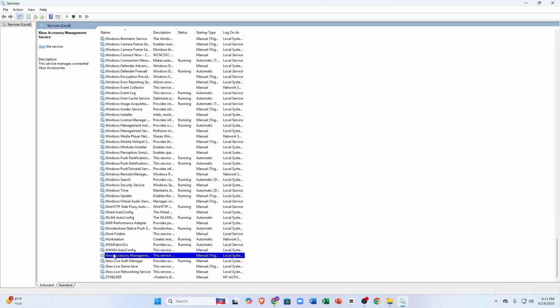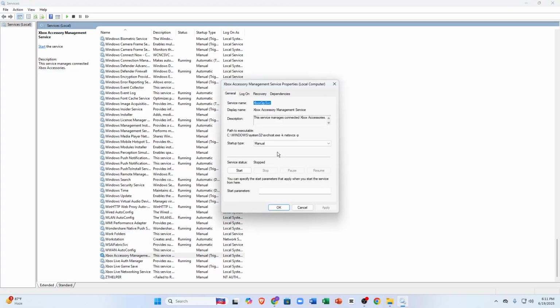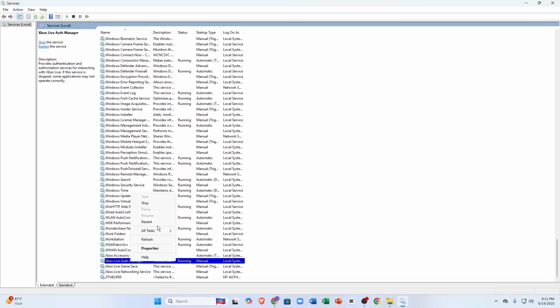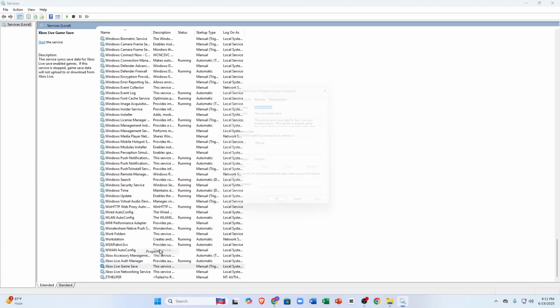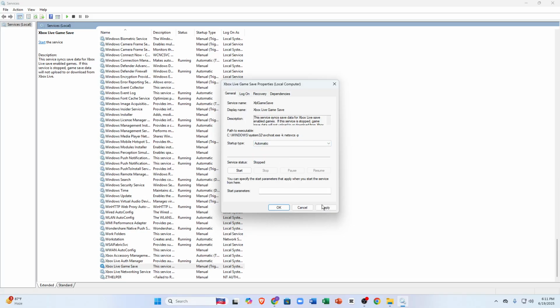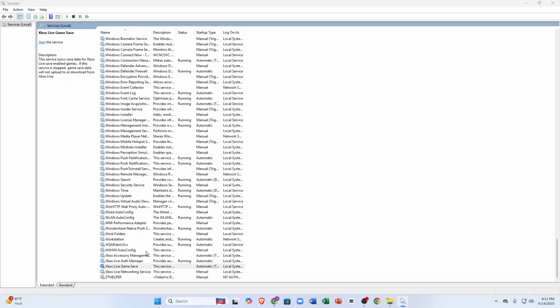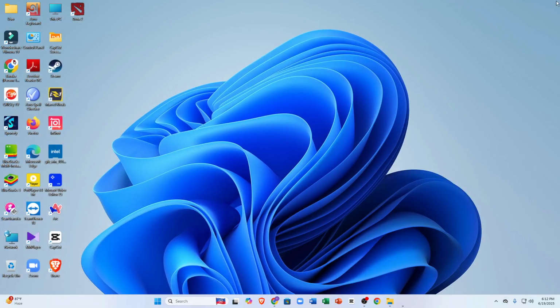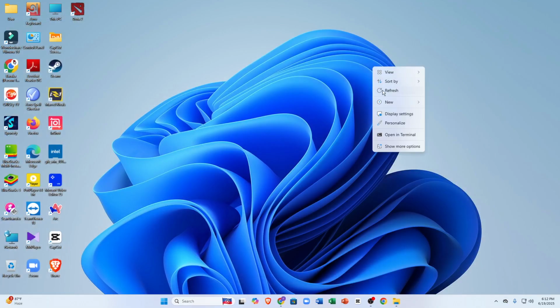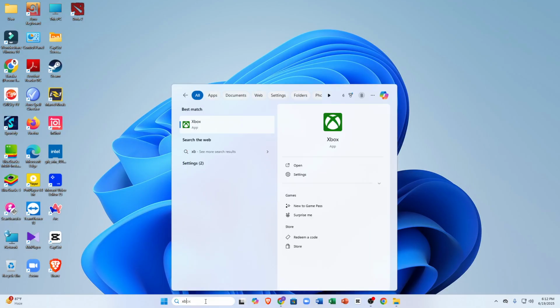options from here, and simply click on properties and set the startup type to automatic, apply it and OK. You just have to repeat the process for all the Xbox tasks showing here. Just click on automatic, apply and OK, and for the other one also automatic, apply and OK, and the last one, automatic, apply and OK. And then you just close this and restart your Xbox app from here,